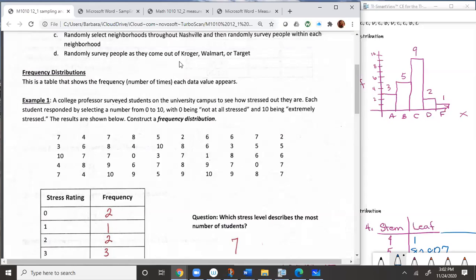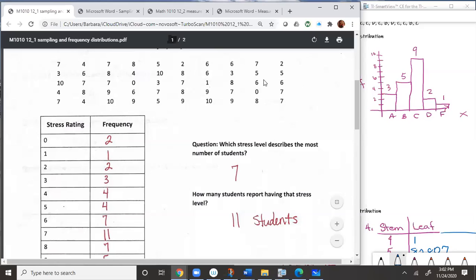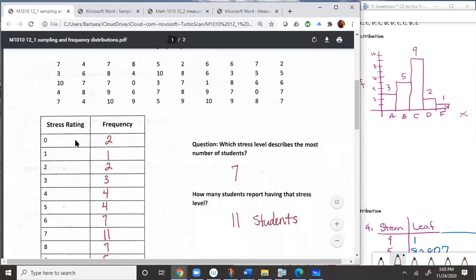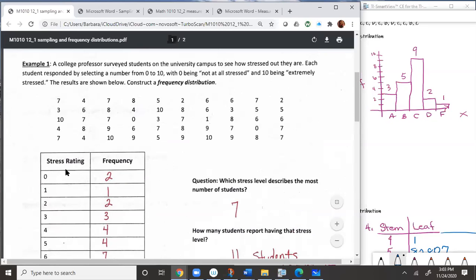and record tally marks for each number, or it seems like, since they're just single digits with the exception of 10, it might be just as easy to go through the whole table and count how many of each number you have. All right, so for the zeros, you go through this whole table, you have 2 zeros, okay? And then if you want to cross that off, just to get it out of the way, you can. I can't write on this sheet unless I annotate, but I think you get the hint. So let's